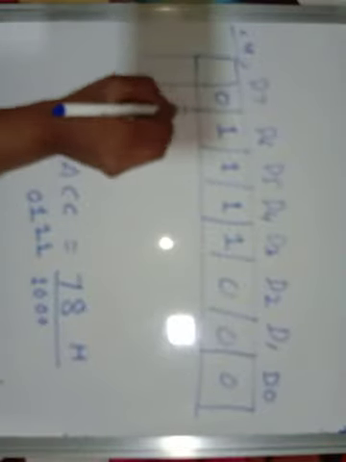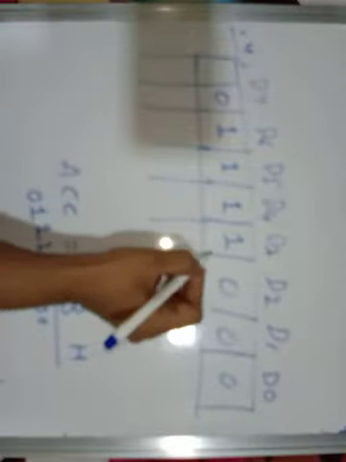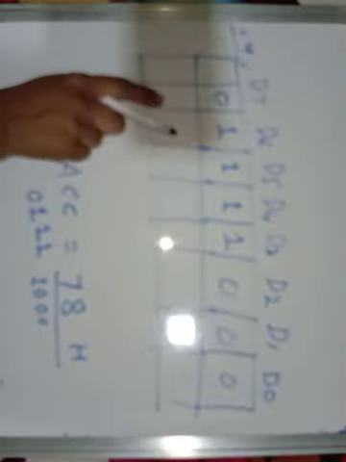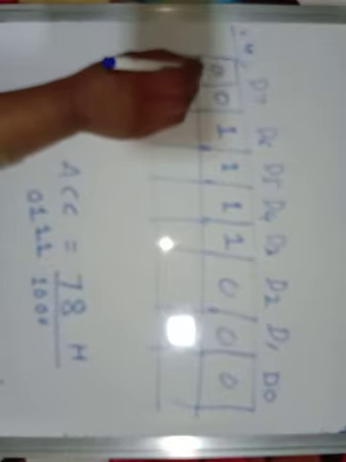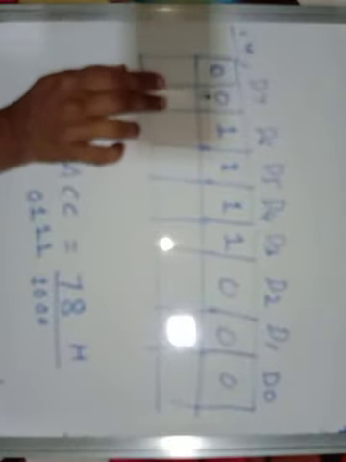After the rotation we have to check the answer. As we have seen, bit D7 is placed at bit D0 as well as it will come into the carry flag. Carry flag by default is 0. Now see your D7 bit, it is 0. So you just put that bit into D0. We have put this 0 into D0 and we have put that D7 into the carry flag also.